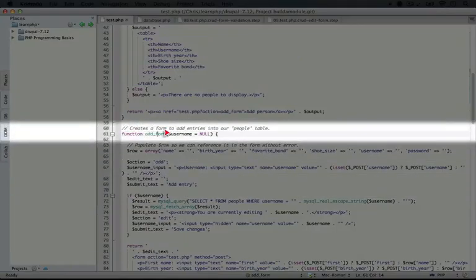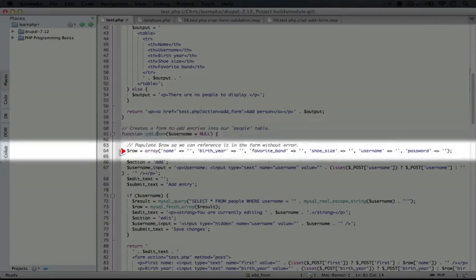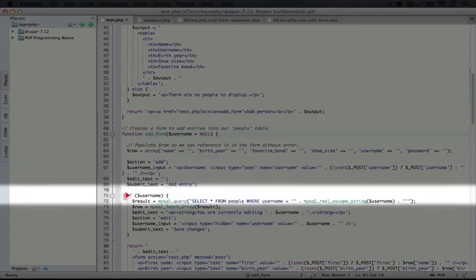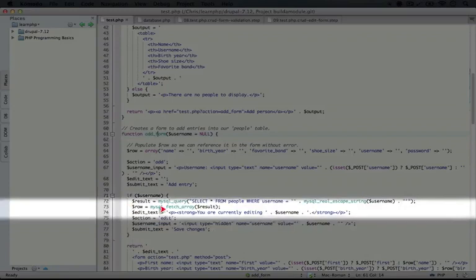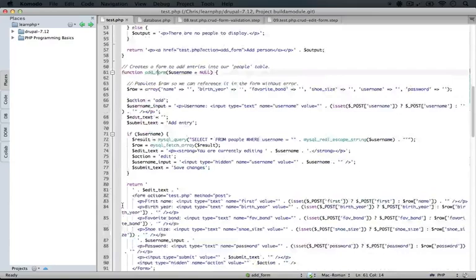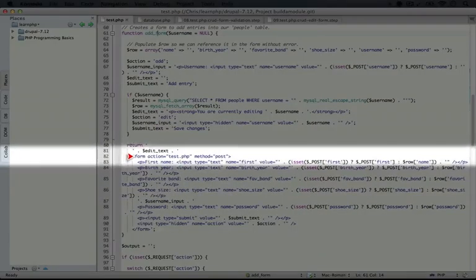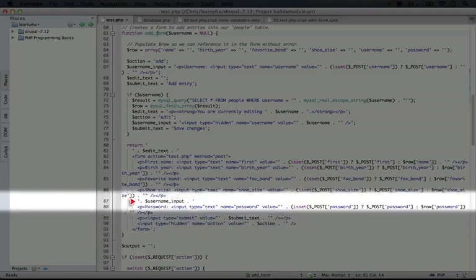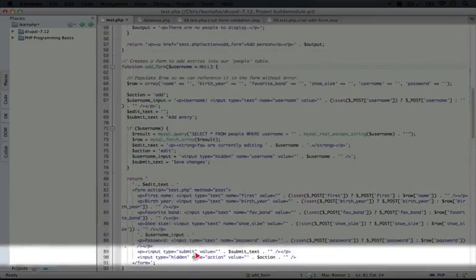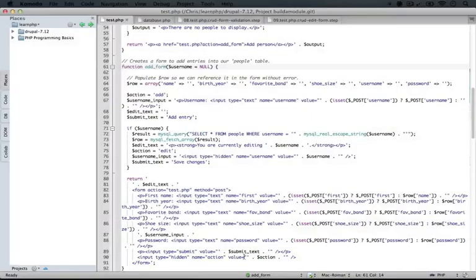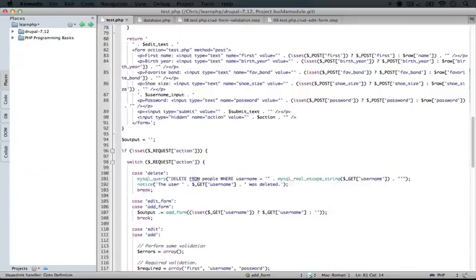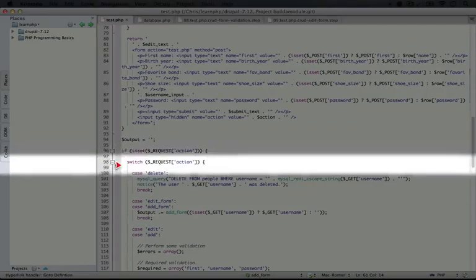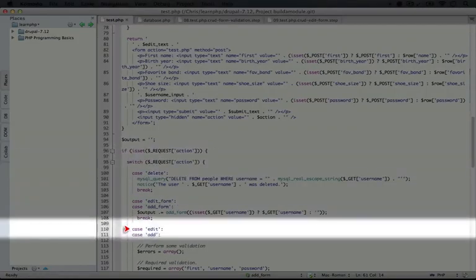Okay, so we have a username being passed here for add form. We set all these initial variables up, but since we have a username, we override a bunch of them and then populate our row variable with the row for the record that we want to edit. And if we scroll down here, we see we build up our form that's pre-filled with the information for the user, except for the username input. And for this hidden input here, the action is going to be edit. So this page will be loaded again, except the action that we're going to check against is going to be edit. So I'm going to scroll down here to this part where we switch based on the action, and we're going to have edit here.